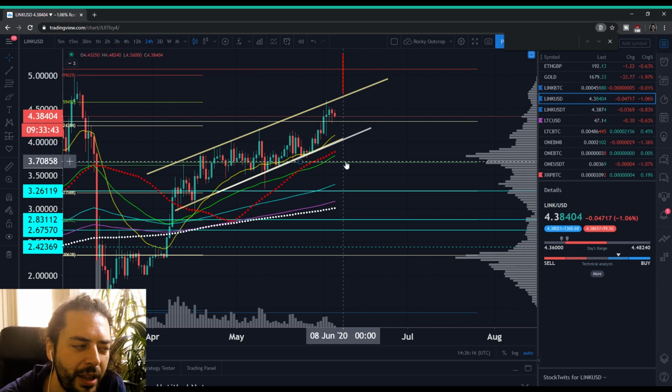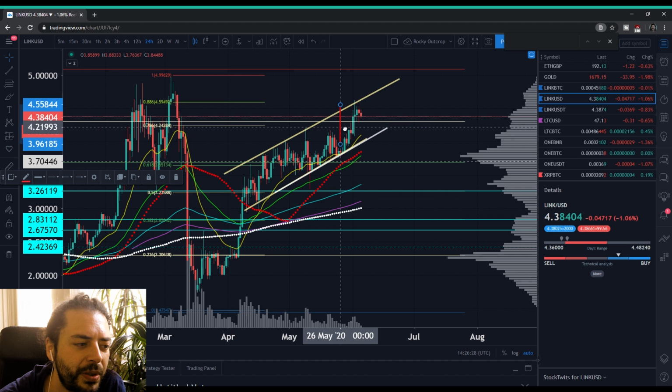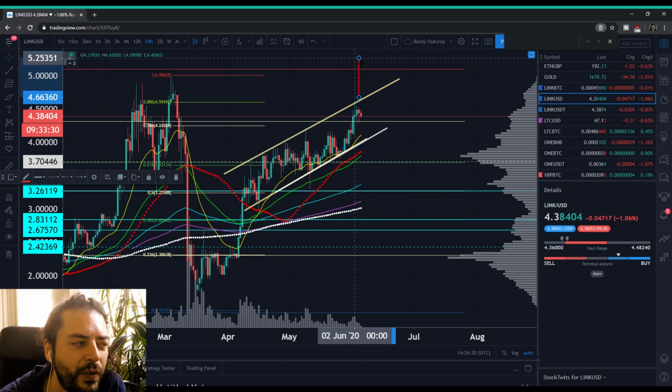Dropping down below there, I think it'd be fairly realistic to look towards the 370 area, coming up towards this top here and actually making it above the 886 and trying up here at 467. Then I think it's fairly realistic at that stage to be looking again for some sort of move up the way, and this would be the full measure move. It'd take you up to